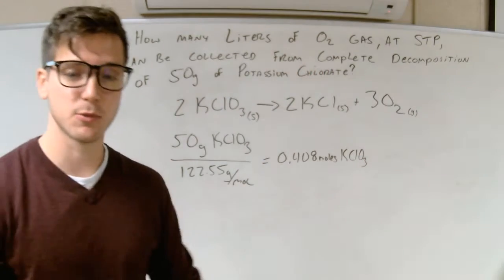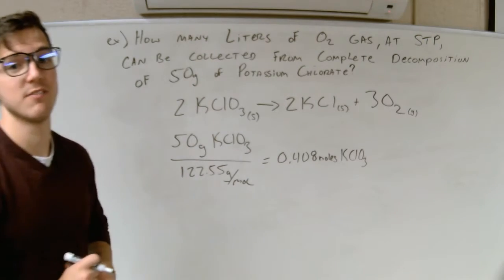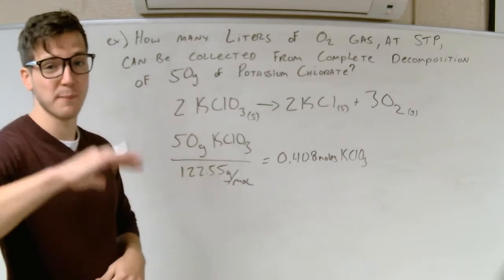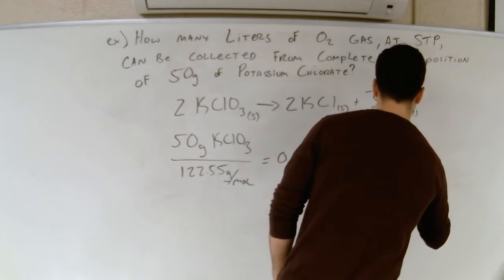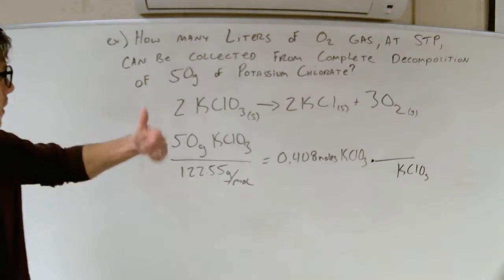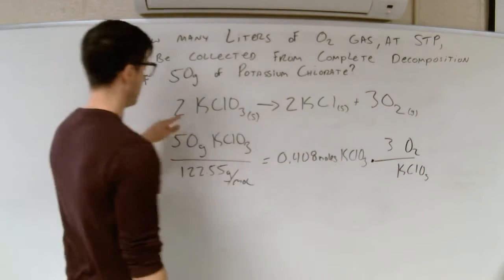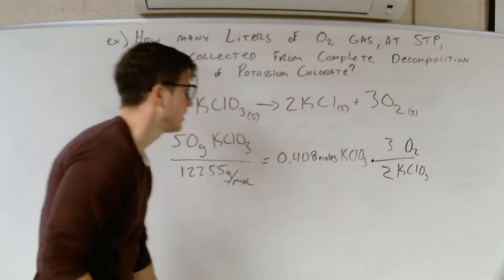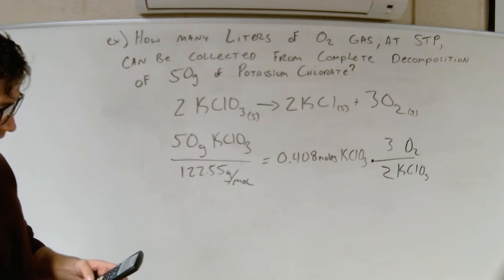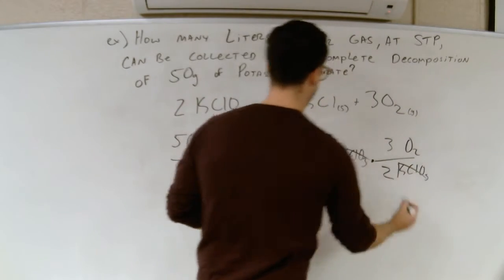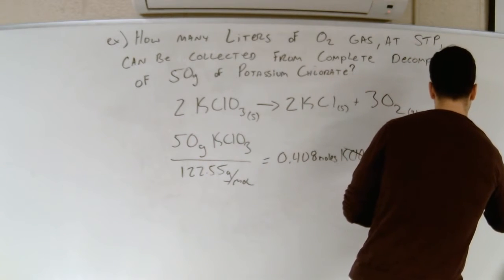But I don't want potassium chlorate, I want oxygen. I'm going from grams of potassium chlorate to liters of oxygen. So in order to do that, we gotta make that bridge, which is our mole ratio. KClO3 on the bottom, so they cancel out. What we want on top, which is oxygen gas. That is a 3:2 ratio. Let's go ahead and times 0.408 times 3 divided by 2. KClO3 cancels out, so I know I'm on the right track. I got 0.612 moles of